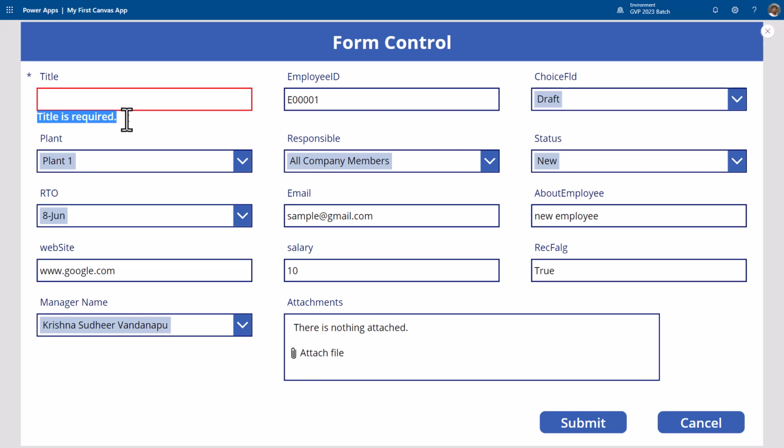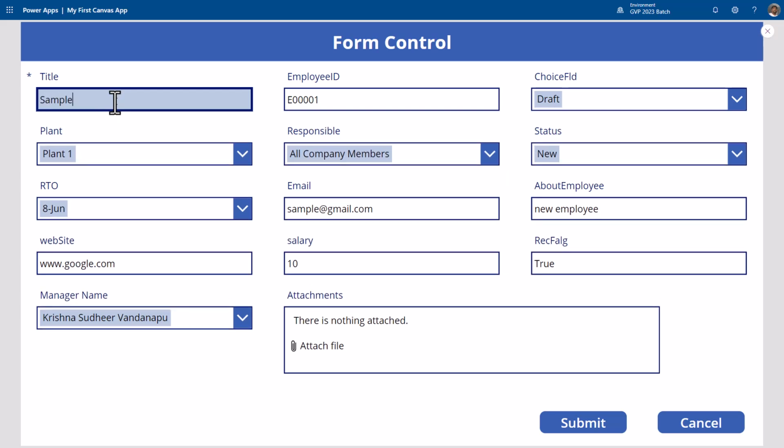Hey boss, that is a required field. You missed it. I cannot submit the data. But whereas if I submit here as, okay, and say submit,